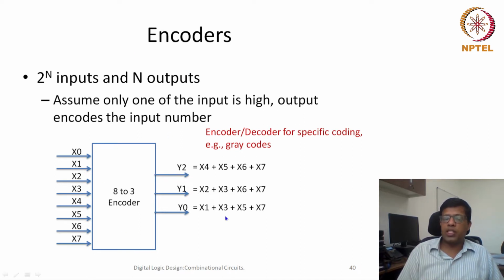There would be certain more applications. So based on the application, based on the problem statement, you can map whether this problem looks like an encoder problem or not, and then you can do it.